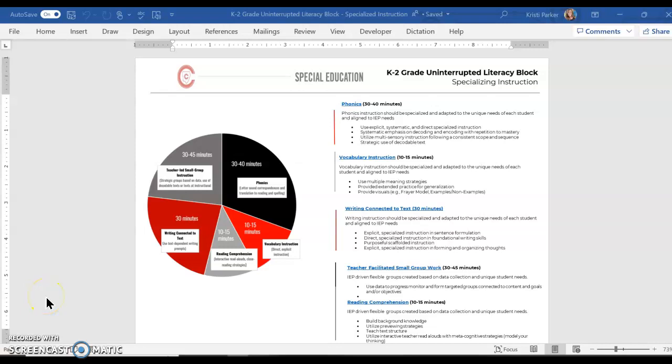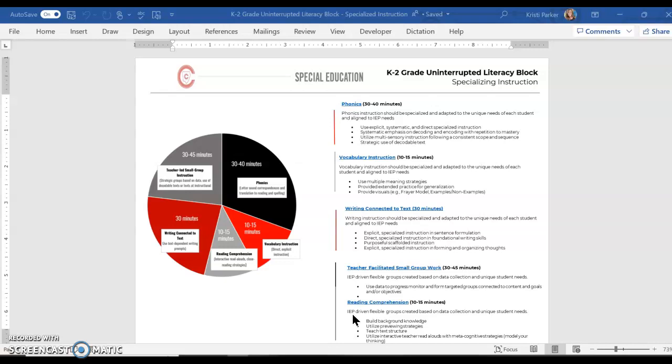The companion documents are similar to the documents created by the Teaching and Learning Department. On the right side is the graphic showing each segment of learning and the suggested time for instruction. On the right-hand side, there are headings that correspond to each segment with bulleted guidance on how to specialize instruction during the segment. The headings are hyperlinked for access to a few example resources that may be used to support